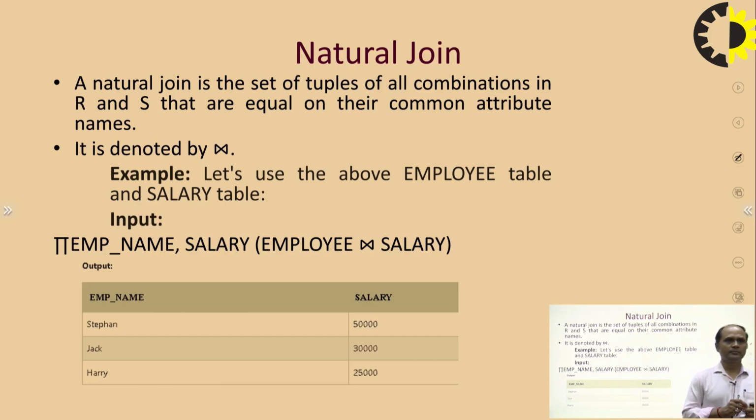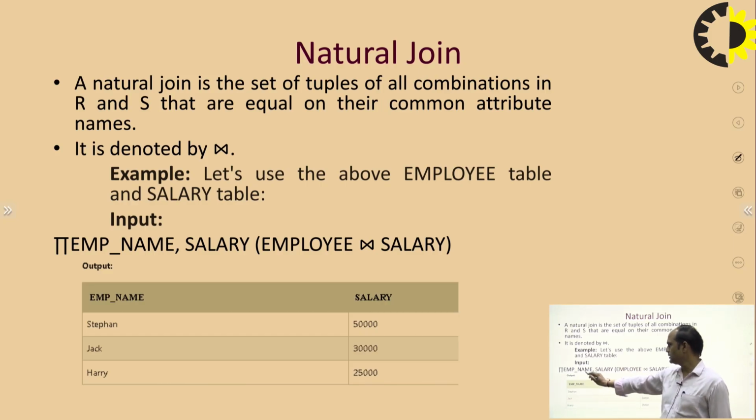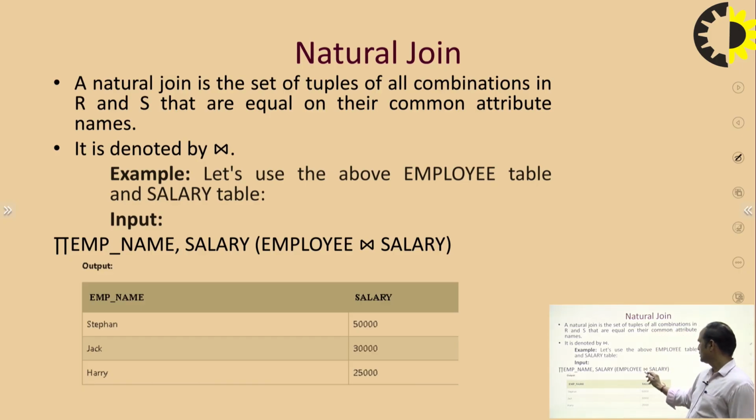common attribute. If we do not have a common attribute between the 2 tables, then we cannot combine them into a single table, or you have to import the data of those 2 tables into a single table. So a necessary condition of the join operation is that a common attribute is there. Let's use the above example of the employee table and the salary table, and these are the input: